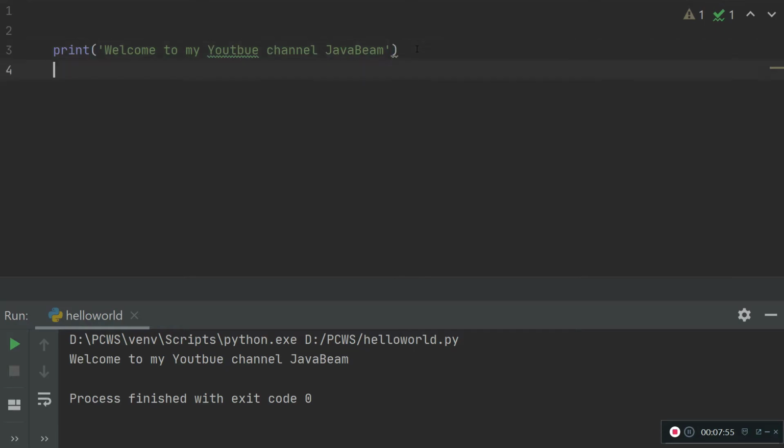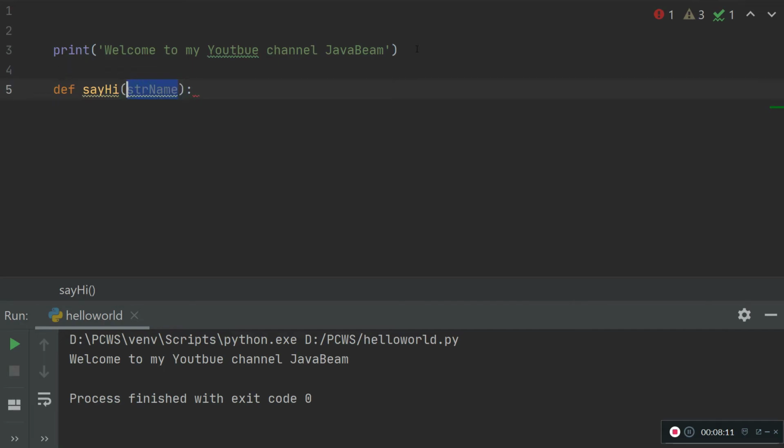Let me write some functions. Def say hi, and input some string, str name.